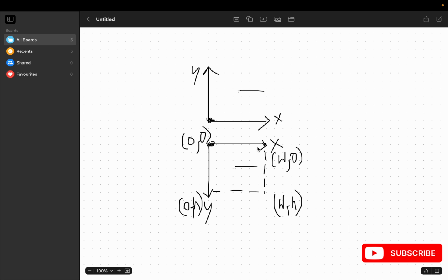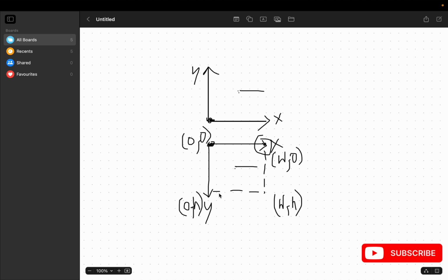If we are going to create a triangle like this, then what we have to do is that we need to move it here. Okay, so we need to move it here and here. So this is where we have to move it, and this is how our triangle is going to look. Okay, so once our pointer is moved at the point where the x is equal to width and the y is equal to 0, then we are going to move it